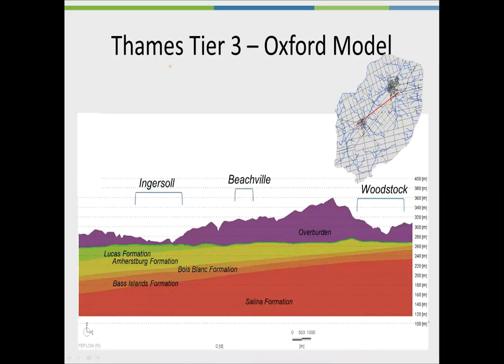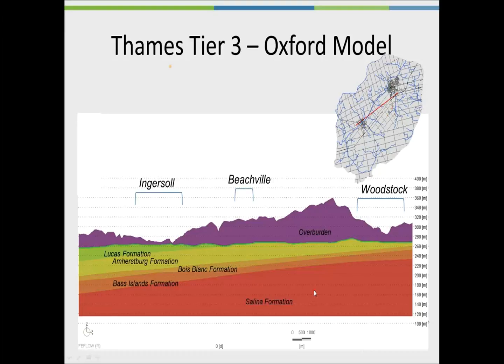This figure shows a regional cross-section through the three communities, from the west or southwest in Ingersoll through Beachville and to the northeast in Woodstock. You can see that, in this case, overburden is colored as one single color. You can also see the sedimentary bedrock units with their formation names shown as oranges, yellows and greens below. These bedrock units are of significance for many of the municipal wells in this area because they're